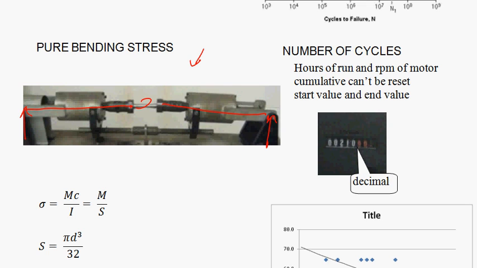Now, in order to put it in pure bending, there's a pan down here, and we put weight on that pan. And this yoke and turnbuckle allows the amount of weight on that pan to be evenly split. And if you keep these at right angles, then you have a beam bending condition where that specimen is in pure bending. There's a motor back here that rotates this whole thing. So now we have developed the rotating beam pure bending condition